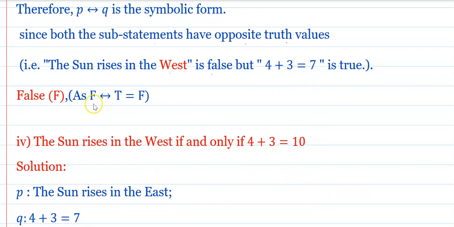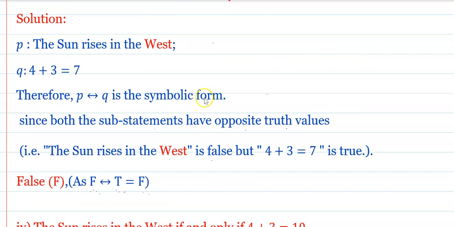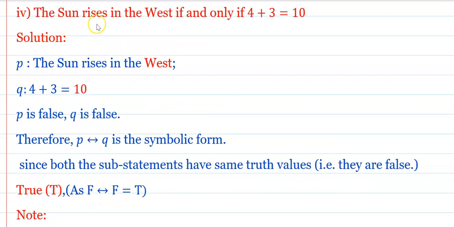And therefore F double implication T. It means that you will get F because they are both different. Then it is F, and hence the truth value of this statement is false. Okay, truth value of this statement is false. Now the next question. The sun rises in the west if and only if 4 plus 3